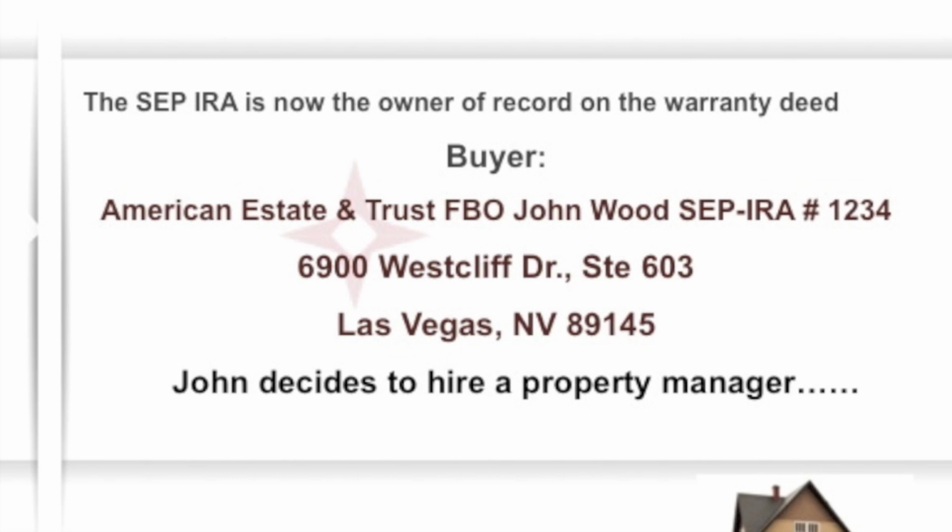Now, in order to reverse that process, say in X amount of years, John wants to sell the property. John has now located a property. He has a property manager to take care of everything in the process prior to him selling the property. So now he's ready to move forward selling the property. His next step is to contact a selling agent to assist him in the process in reverse of acquiring the property. Once this takes place, it's going to be the exact reverse of what happened as it relates to acquiring the property.